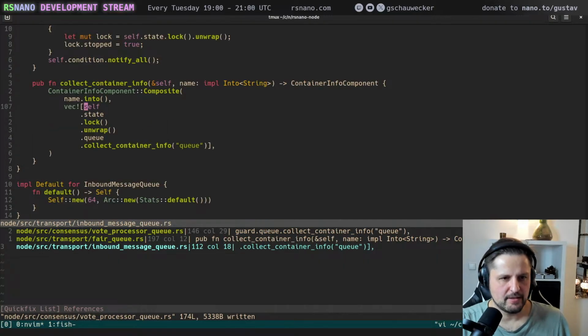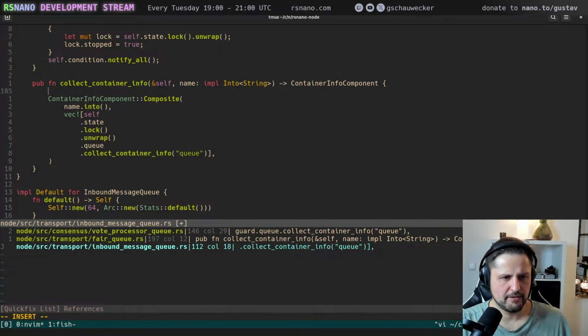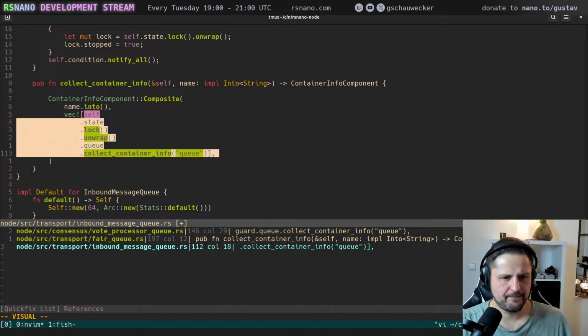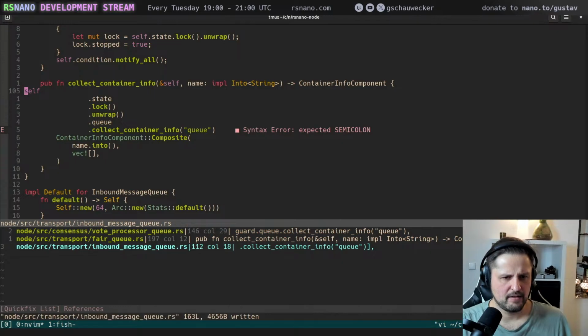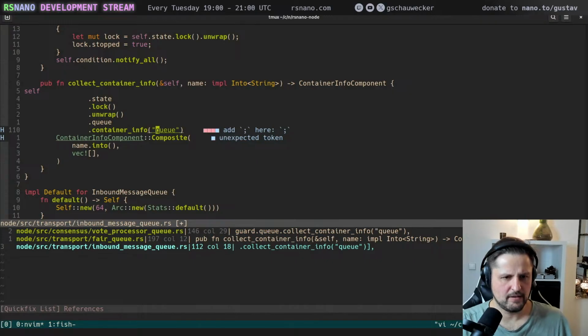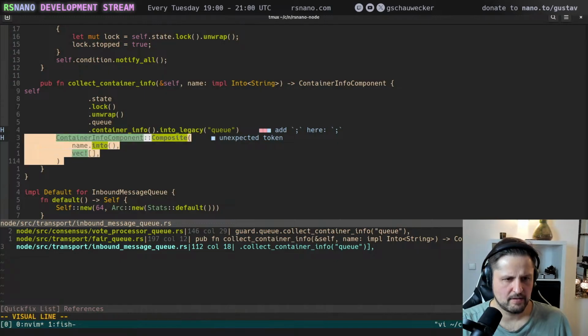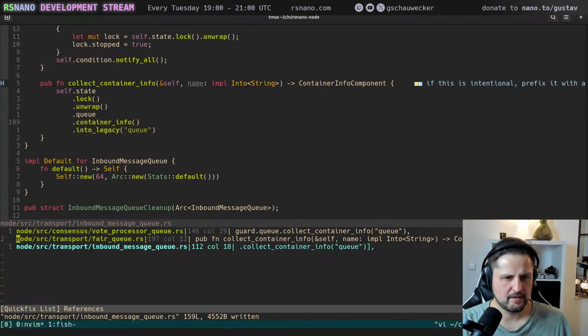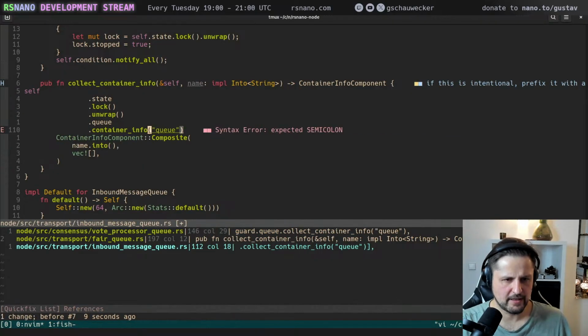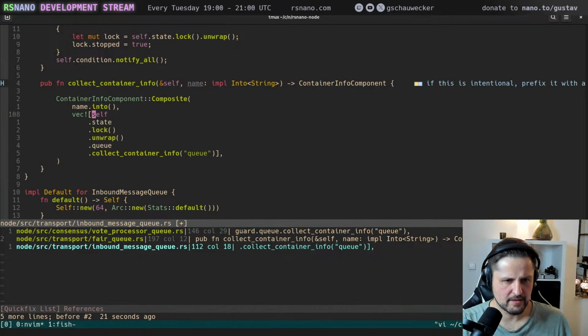Yeah, okay. So we have to fix this one too. So here we just say container info dot into legacy. Okay. Not queue. Wait a second. Let's undo everything. Collect container for queue. Ah, this is inside.